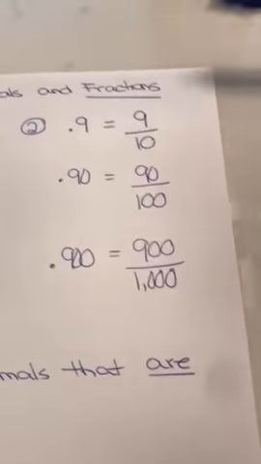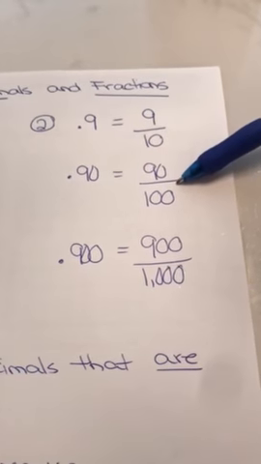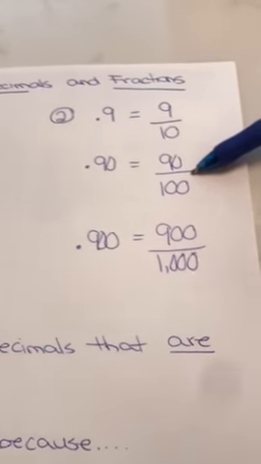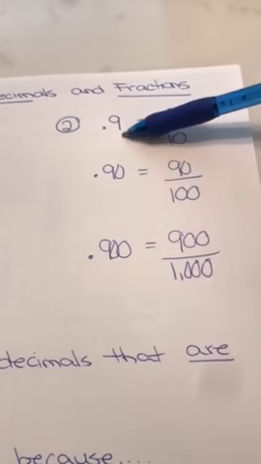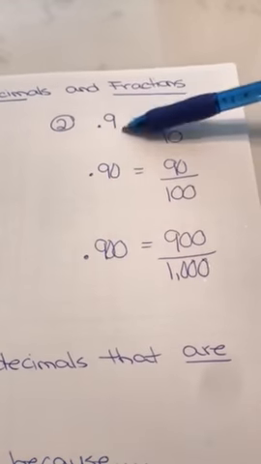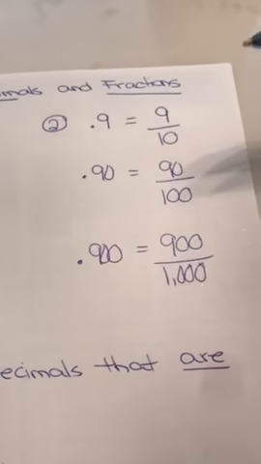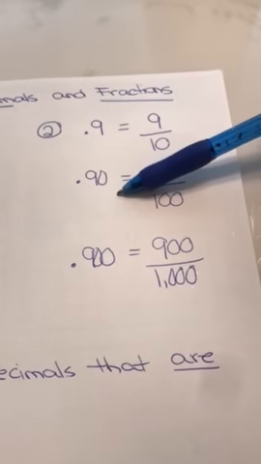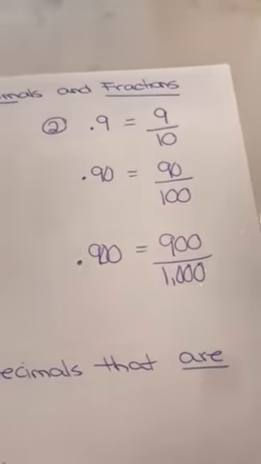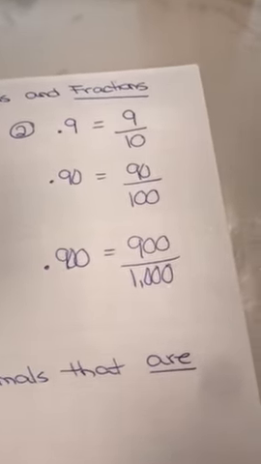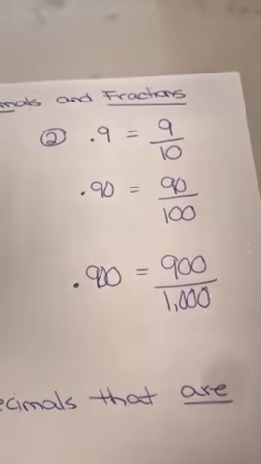Same thing with this example. 9/10ths is really the same thing as 90/100ths, which is really the same thing as 900/1000ths. Same thing with these three decimals. These three decimals are equivalent to each other: 9/10ths, 90/100ths, 900/1000ths. Here's an example of where they're not, and I can use fractions and decimals to help me